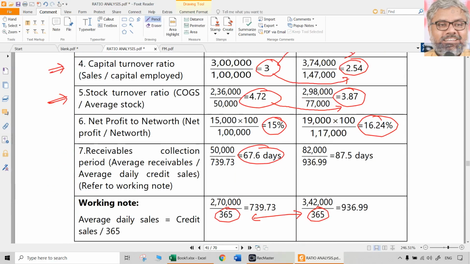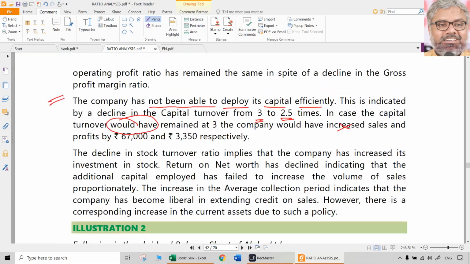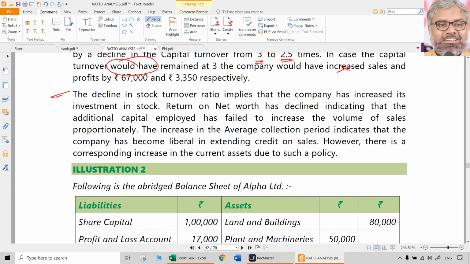In other words, the stock turnover ratio indicates the average stock that the company keeps, is it increasing or decreasing when compared with its cost of goods sold. So for every cost of goods sold, how much average stock is kept? That's what is mentioned here, which means a decline in the stock turnover ratio, decline in any turnover ratio other than payables turnover ratio is not a good thing. So this indicates a higher piling up of stock, higher levels of stocks that are maintained. So that is the analysis of stock turnover ratio.